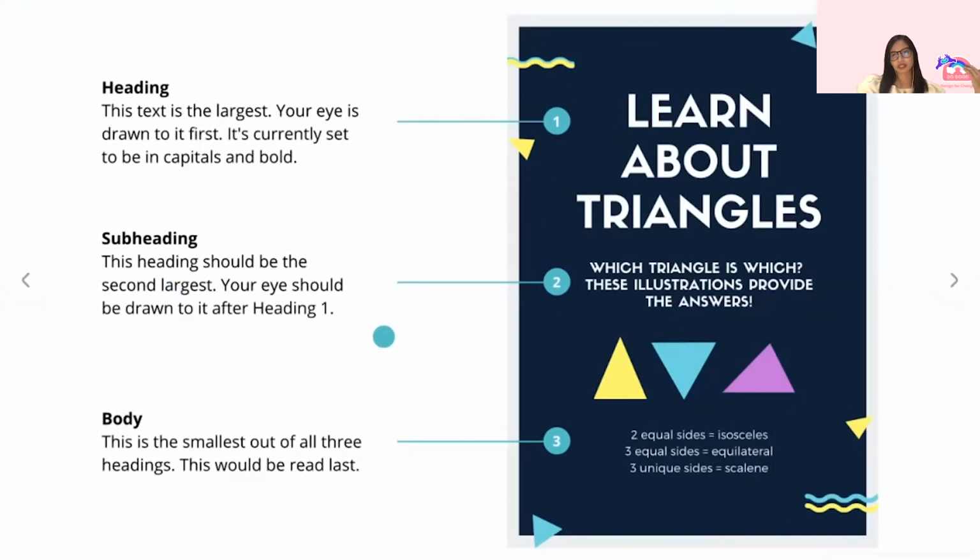Subheading is the second largest, so it normally details or supports the heading that you've used, and the body is the smallest. But you may ask, what's the point of putting small text? Does it mean that it's less important? Not really,